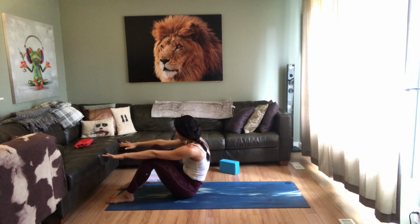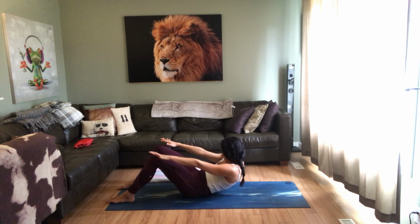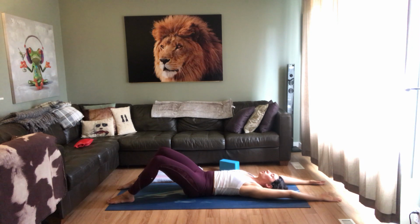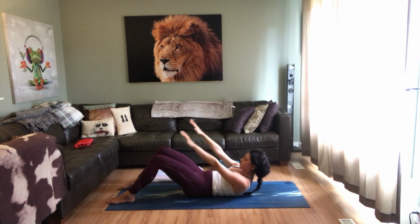Exhale, roll down, slow with control. Tuck the chin. Keep drawing the navel in as you lie down. Reach the arms overhead. Inhale, reach through the fingertips. Allow the spine to arch and lift. Exhale, tilt the pelvis, pubic bone towards the sternum, tailbone towards the heels as you reach the hands back up